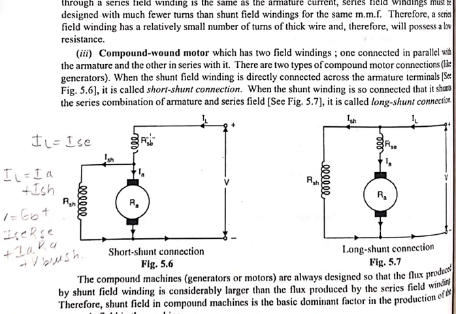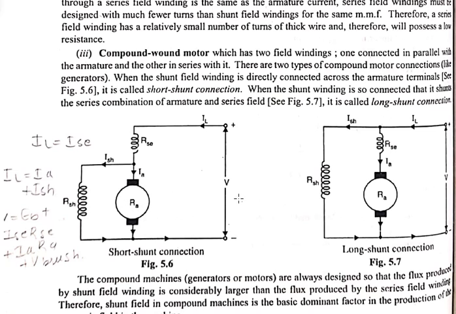series winding, that is ISC into RSC. So basically V minus ISC into RSC would be the voltage drop across this. Then we have brush drop and armature drop, that is IA into RA, plus back EMF. So how do we represent? First, IL is equal to ISC, and IL is equal to ISC is equal to ISH plus IA. Then V is equal to ISC into RSC. Either I can take this path or this path. V is equal to ISC into RSC plus brush drop plus IA RA plus EB.